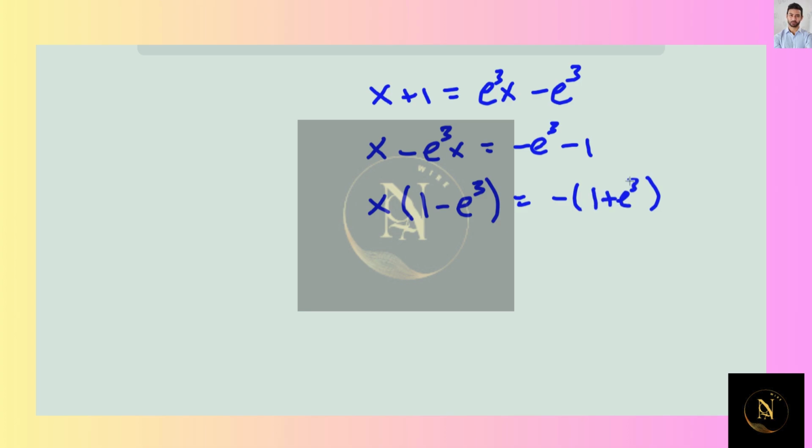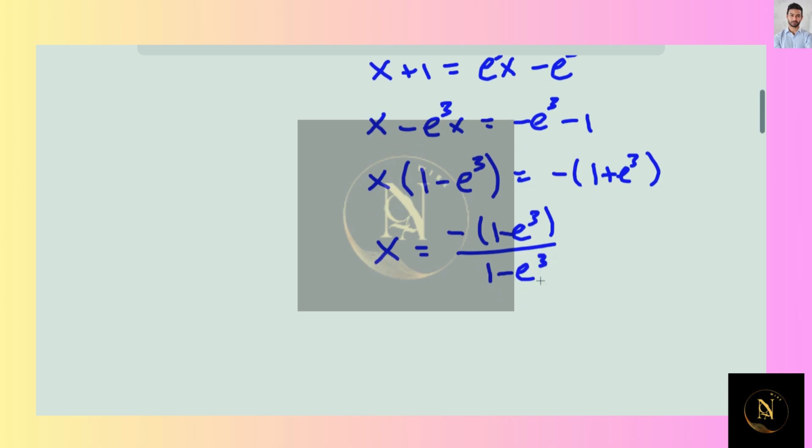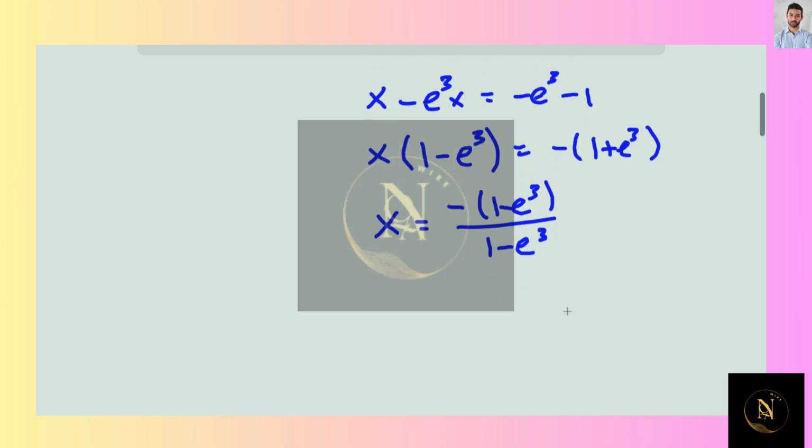Only reason I say that is because we can now divide both sides by 1 minus e cubed, and that's 1 plus e cubed. There we go. So we have the negative of 1 plus e cubed over 1 minus e cubed, or